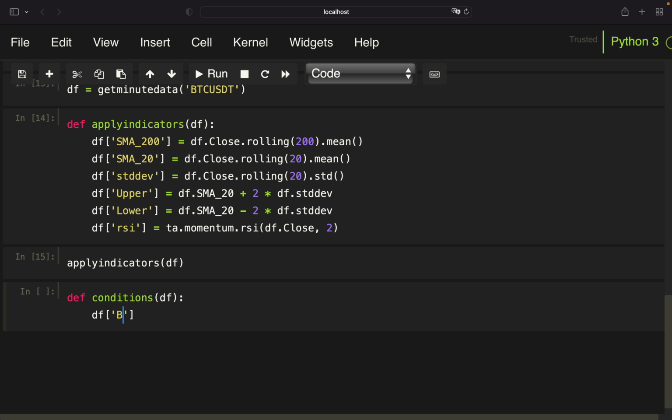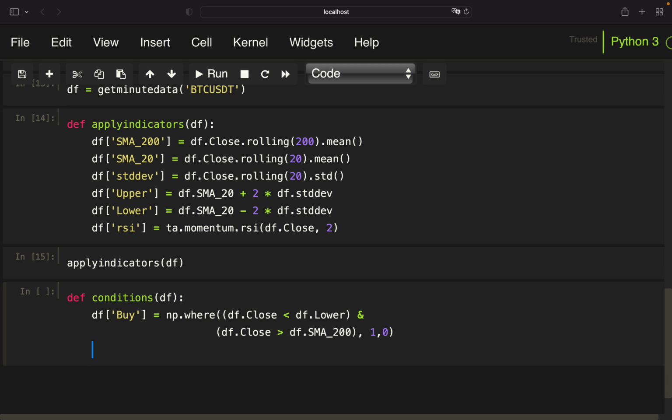So I'm defining a buying column here, which is a Boolean column containing a 1 or a 0. Use numpy where and then just check, is the close below the lower Bollinger Band, and also is the close above the 200-day simple moving average. If yes, I want to have a 1 in this column. If no, I want to have a 0. Setting condition, straightforward. Just numpy where